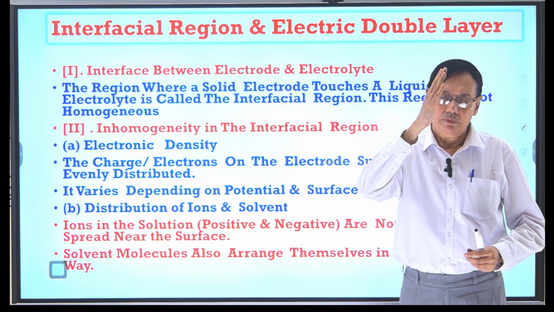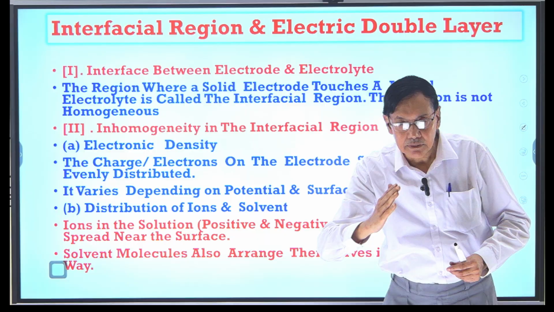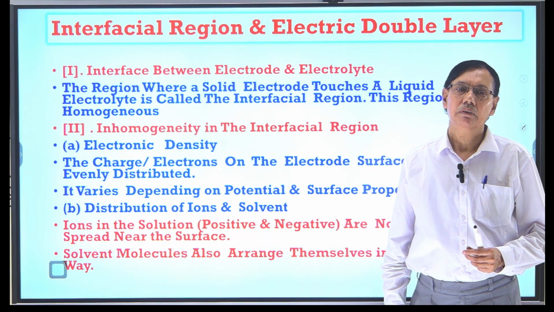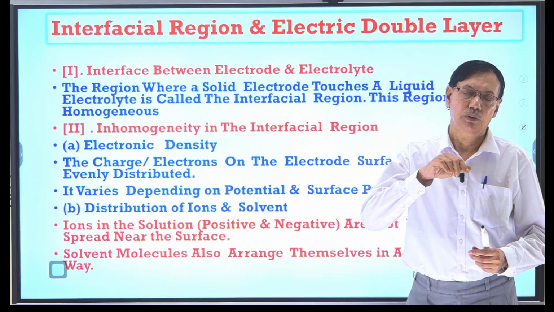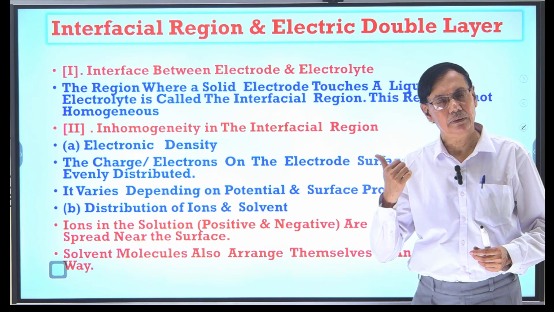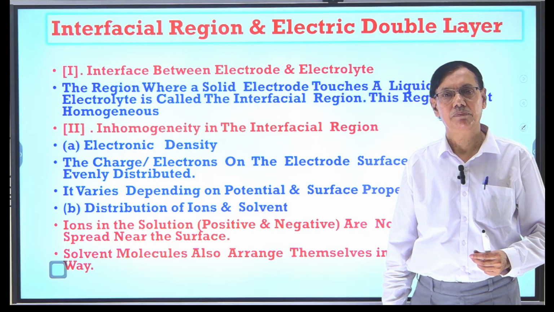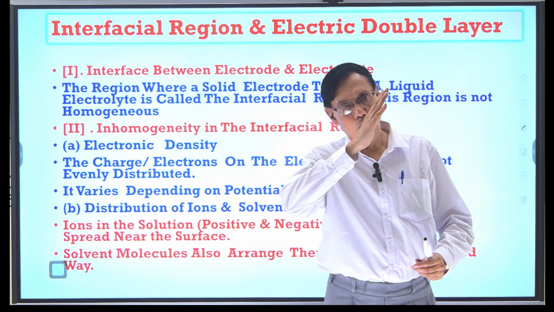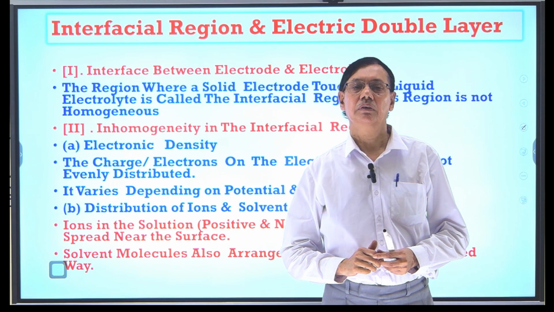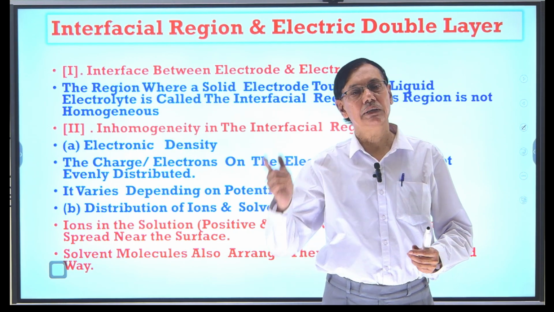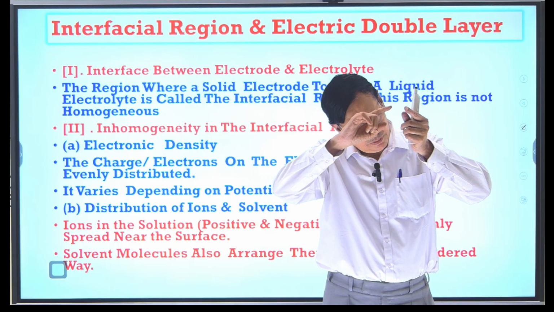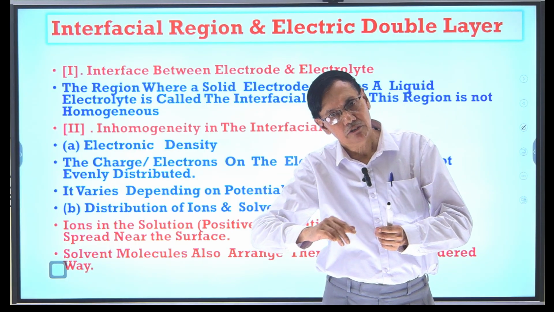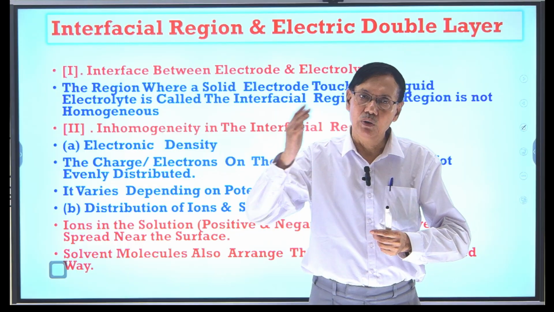How that potential is, potential of the metal and potential of that solution. Is it dropped linearly or exponentially, or सबसे पहले linear होगा, फिर exponential changes होगा, और gradually drop